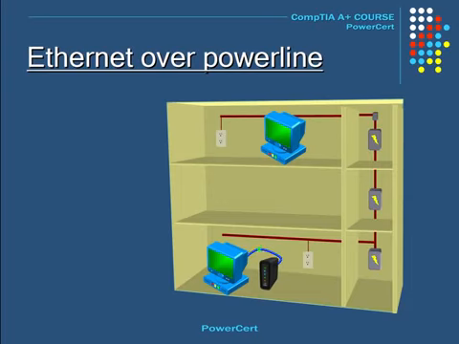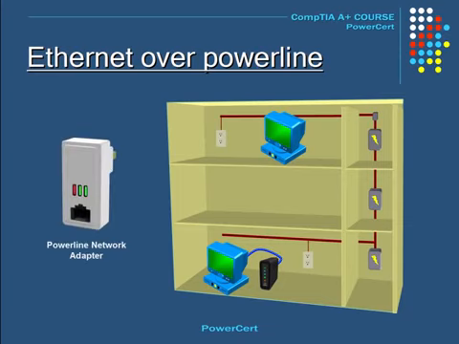So for example, let's say you needed this computer up here to be able to access the internet. But for some reason you can't get any network cables or any Wi-Fi signal to reach that computer. So in this case, we're going to use Ethernet over power. So we're going to need a couple of power line adapters like these. These power line adapters plug directly into a power outlet, and they have a built-in Ethernet port for an RJ45 connector. So one of them plugs into the power outlet next to this computer up here, and then you will connect an Ethernet cable from the network port of the computer and the other end into the power